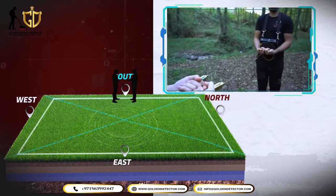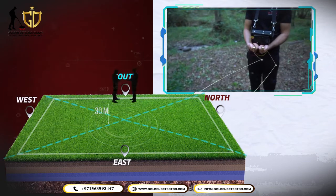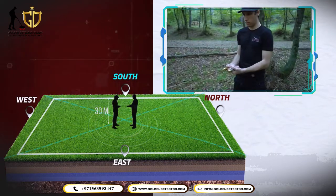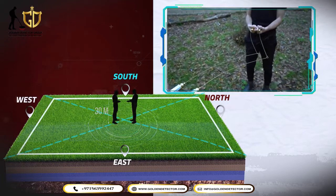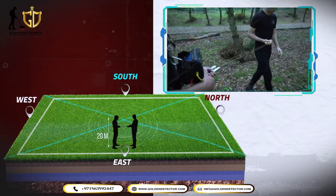When the search skewers are heading towards the target, advance toward the target by a distance of 30 meters and repeat the previous process and wait for the skewer's direction signal. If the skewers go in the same direction as before, head 20 meters and repeat the process again. In the event of a direction opposite to the previous signal,